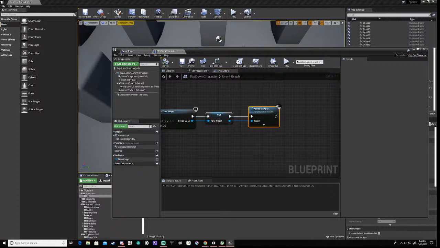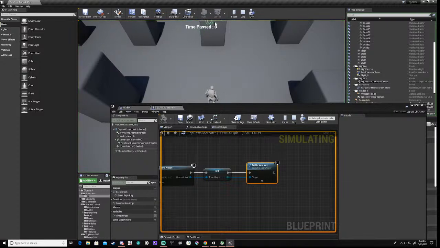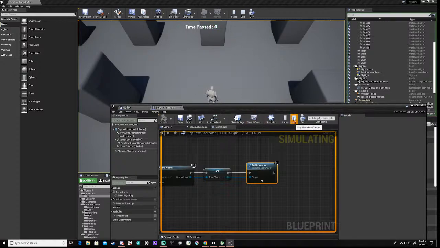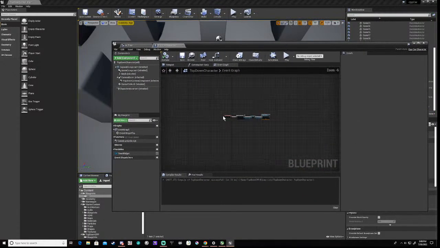Now, what effect does that have? Well, the effect it has is we now have our widget on the screen up here. But it's not doing anything. But that's okay, because in our controller now,